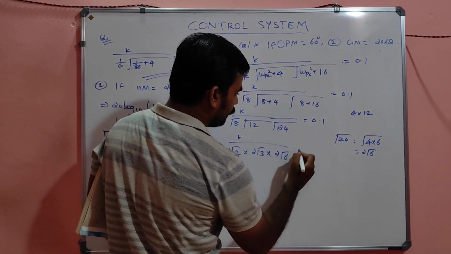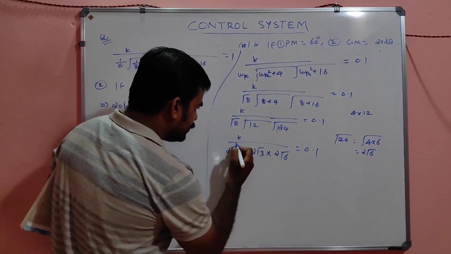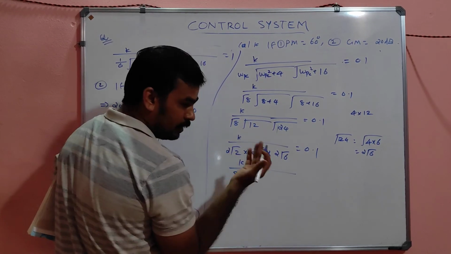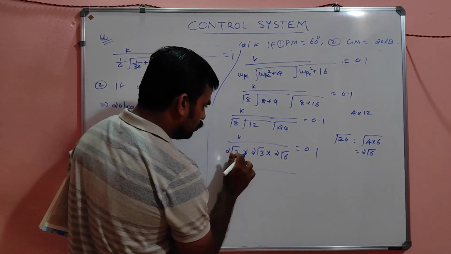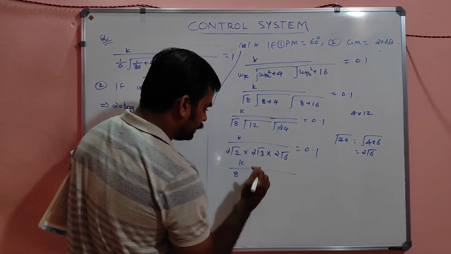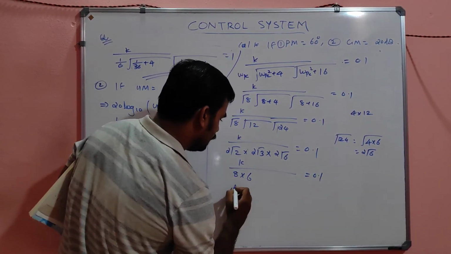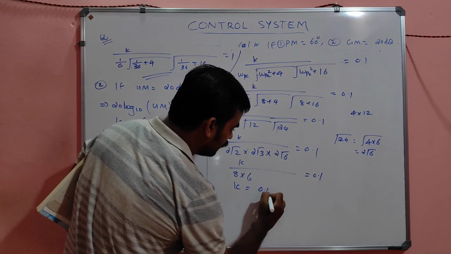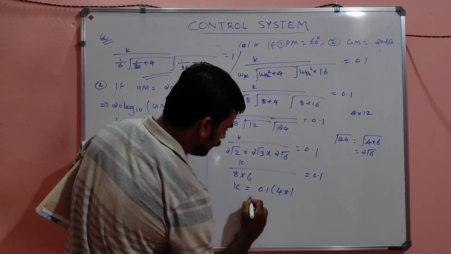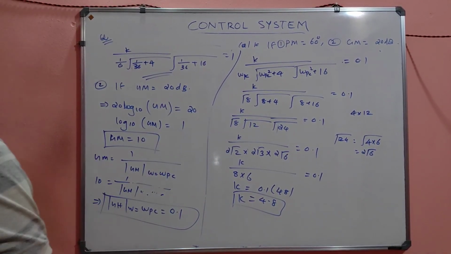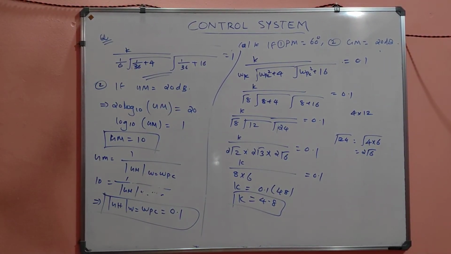2 root 6 equal to 0.1. So remaining K divided by 2, 2, 2, 8. Correct, na? 8 into root 2, root 3, root 6. 6, 18, 36. Root again 6. 0.1. K equal to 0.1 into 48. So k will be simple. K will be equal to